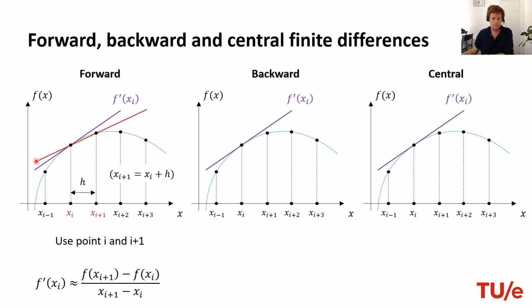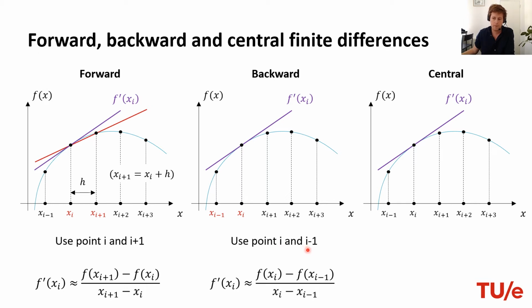So just to note here, this forward difference corresponds to the slope of this red line over here. Now moving on to a backward difference, what do we do? We use point i, and we use one point to the left, in the backwards direction of the positive x-axis. So we use point i and i minus 1. In doing so, we will evaluate f at these two points